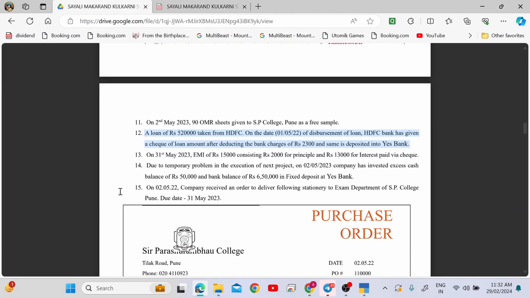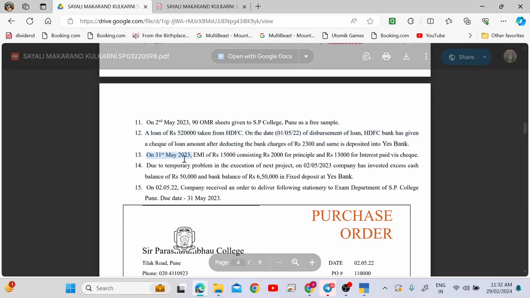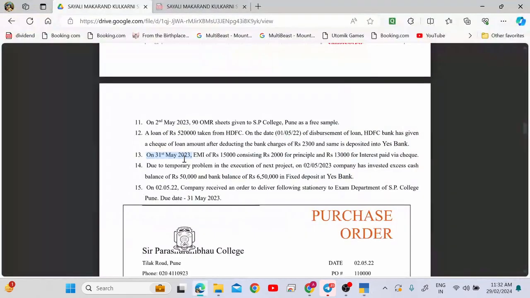Understood? Then next we have here on 31st May, ये तो हो गया है ना. सर, ये हो गया, ड्यू टू टेम्पररी प्रॉब्लम इन द एग्जीक्यूशन ऑफ नेक्स्ट प्रोजेक्ट. क्या हो गया, हमारा प्रॉब्लम हो गया एग्जीक्यूशन में. तो एग्जीक्यूशन में क्या प्रॉब्लम हो गया, कोई तो हो गया होगा, प्रॉब्लम उन्होंने नहीं एक्सप्लेन किया है, मगर प्रॉब्लम हुआ ऐसा बताया है. और प्रॉब्लम हो जाने के बाद आपने एज अकाउंटेंट कुछ तो स्टेप्स लिया है. उसका क्या लिया है, ऑन 2 May 23 कंपनी